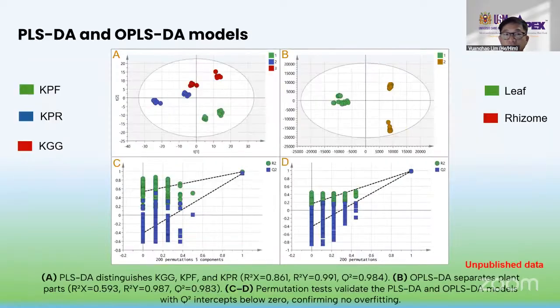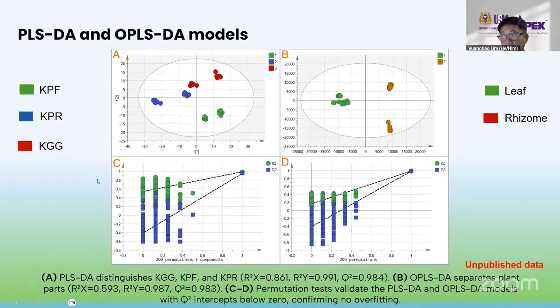So next, we proceed with the supervised learning, which is we use the PLSDA and also OPLSDA models. And we put the breast cancer, which is the MCF7 activity, as part of the Y variable. And observing the natural clustering from the PCA, we move to OPLSDA, where you can see that unlike the PCA, the OPLSDA maximizes the separation between the predefined groups and helps to identify the metabolites responsible for